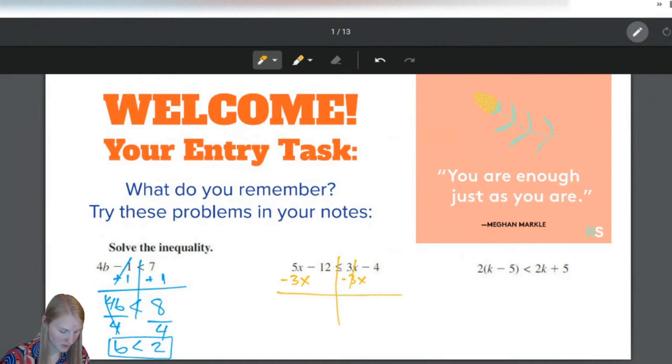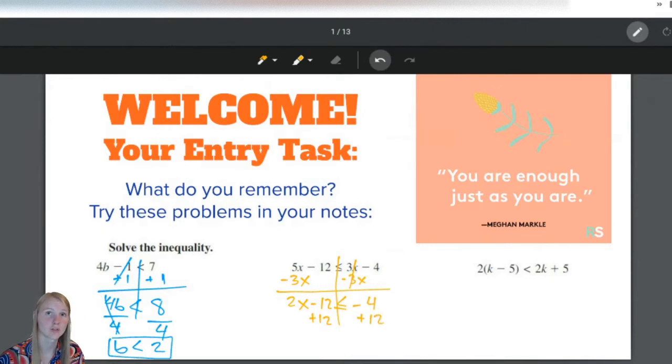So I'll subtract 3x from both sides, and I get 2x minus 12 is less than or equal to negative 4. And now remember, I want just x's over here, so I need to get rid of that 12. We'll do that by adding 12 to both sides